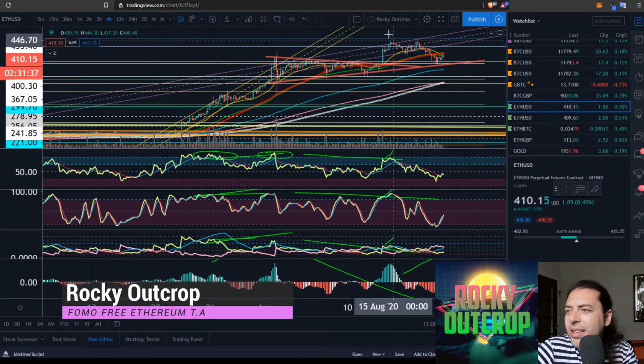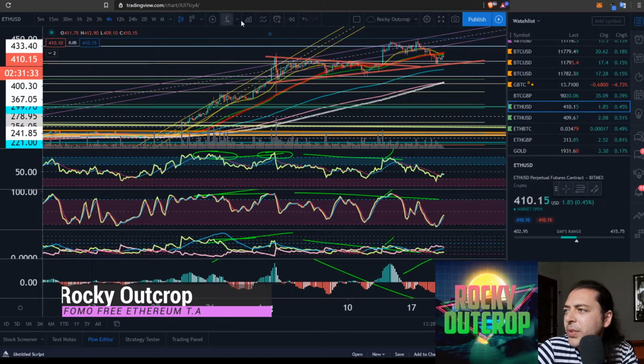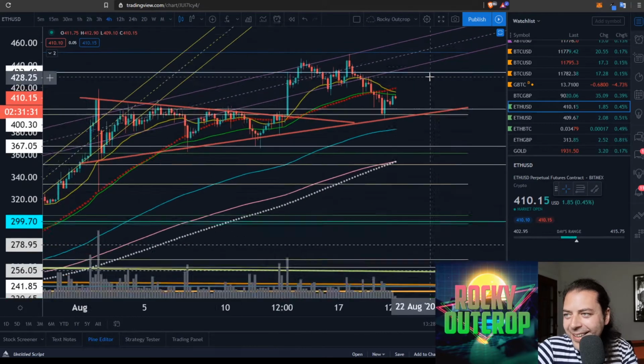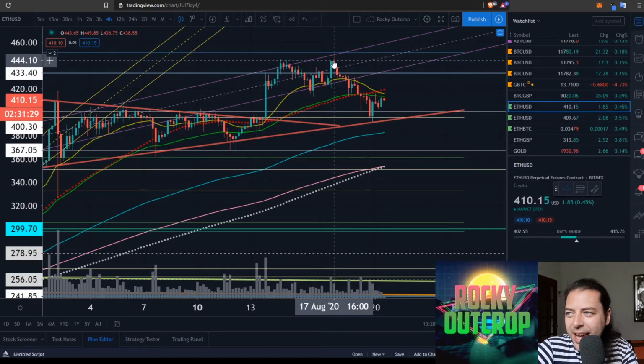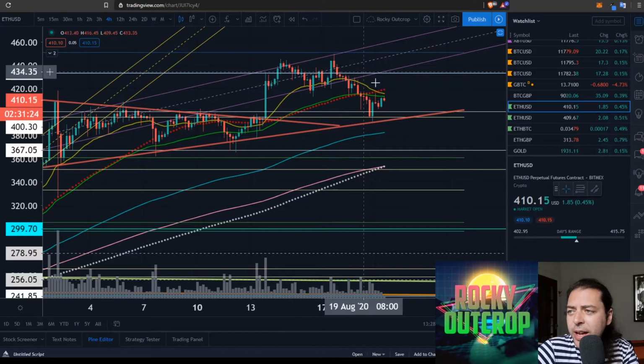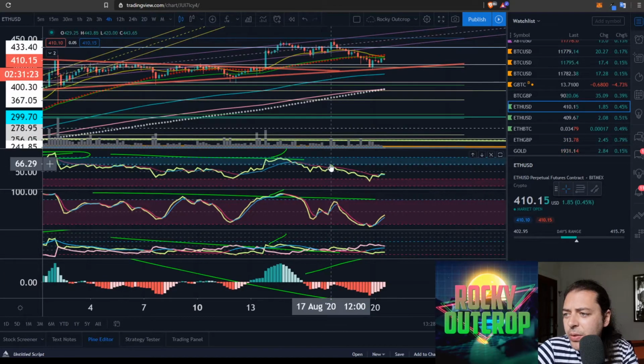Looking at this chart, let's bring it up full screen and zoom on in. Was this high? Yes, it was higher. It closed out higher over there. Looking down here, oh, look at that. It's a bit bearishly divergent, isn't it?